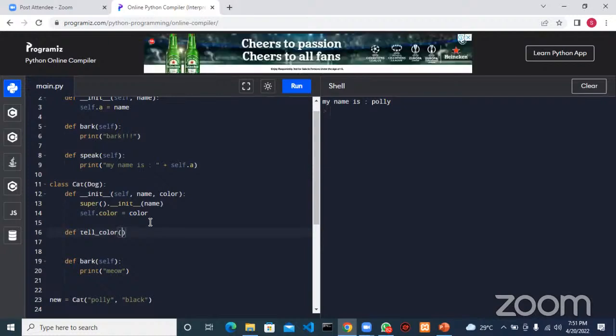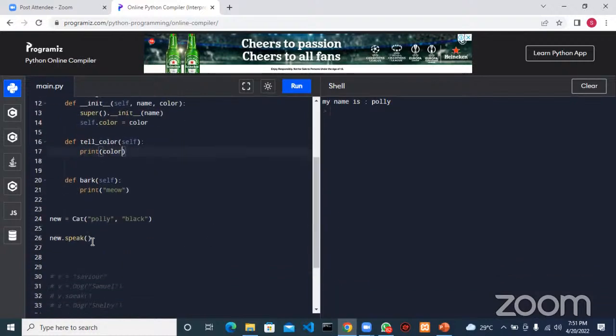And this, remember, every function must take the self keyword, and then we now say print. Go ahead and print the color. So now if I come here and execute that tell color, because we have that method defined in our class, and our object that is derived from this class is the new, so we can apply the tell color on it. Tell color. And if we execute this,